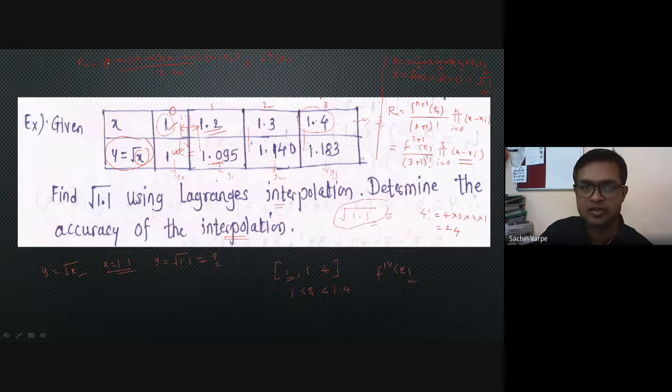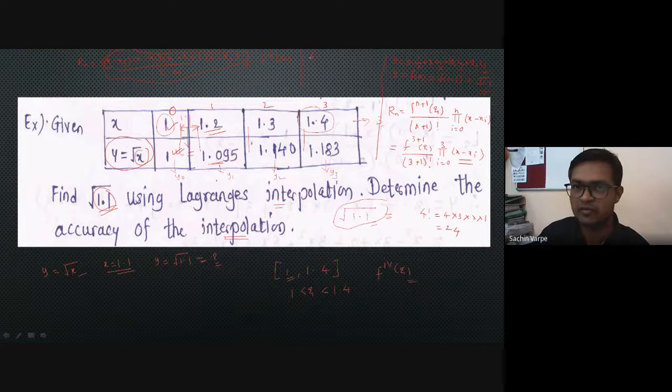Okay, so here we can substitute x naught, x1, x2, x3. X naught is 1, x1 is 1.2, x2 is 1.3, x3 is 1.4, right? And what is x? X is given to be 1.1. Actually, we have been asked the accuracy level at x equal to 1.1. That is why we are substituting x equal to 1.1. So with all these, first of all, we'll calculate this one by substituting x equal to 1.1 and the other points, and then we move to the derivatives.